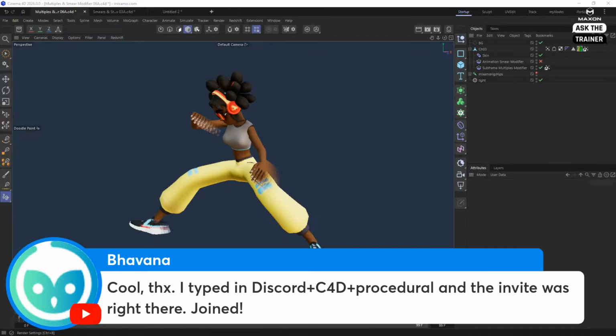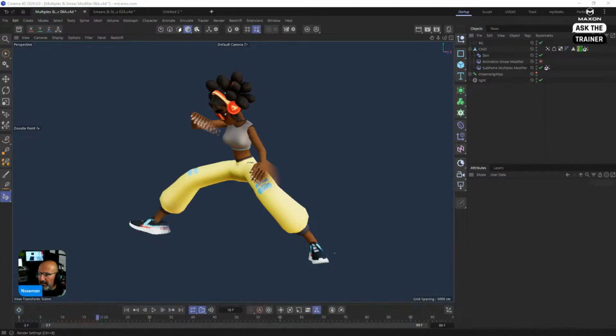Perfect. So there you go, everyone. Use this as your guide. And there are some other communities that I've joined, so I want to discuss and see if everyone's okay to publicize those. But for the time being, you can check that out, and you'll be able to see amazing stuff. The contribution in the C4D Procedural by extremely talented and smart people is absolutely amazing.